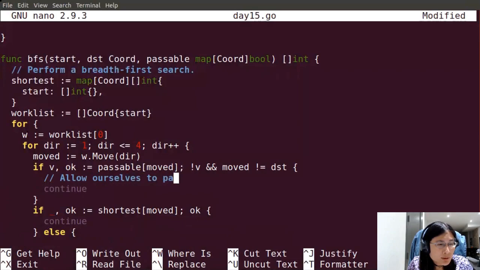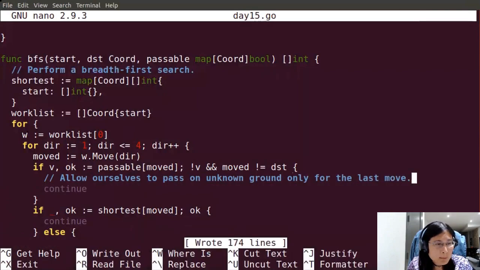Cells pass on unknown only for the last. Okay.